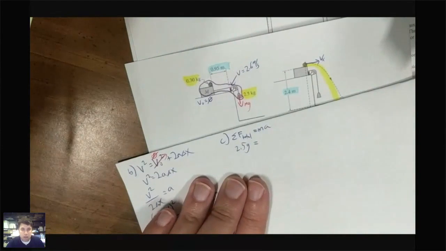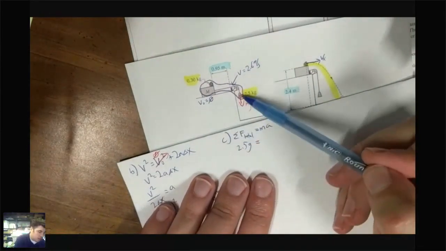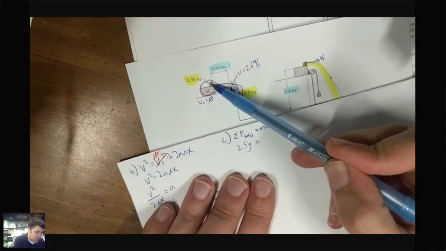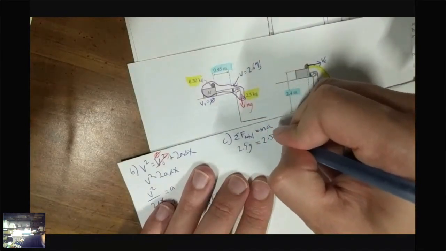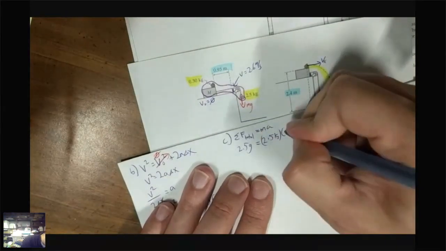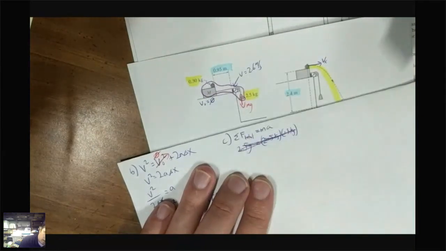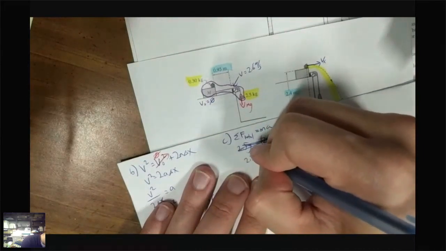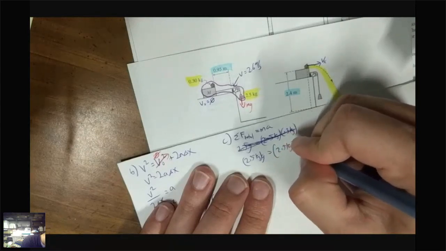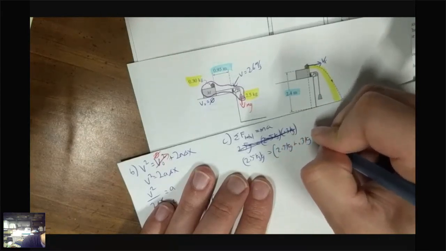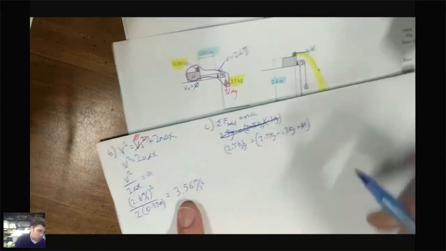Now, the mass has to be the mass of everything in my system. So that'll be the mass of the hanging one plus the mass of my ball plus big M. So this will be 2.5 kilograms times g equals 2.5 kilograms plus 0.3 kilograms plus M, all times a, which we found to be 3.56